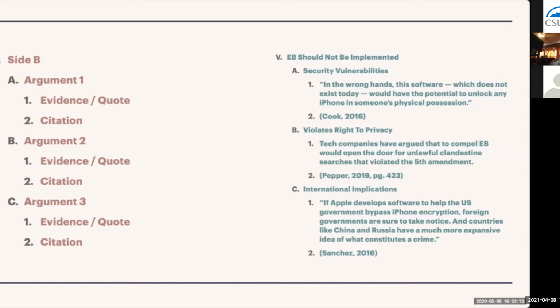So we have interesting evidence to back up what those international implications are. Now, naturally, in your paper, you would discuss and dissect what those are. And naturally, you're not going to have just one piece of evidence for every argument. You're going to have multiple pieces of evidence, but like I said, for the sake of space,